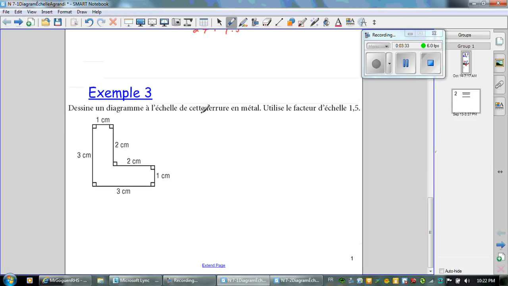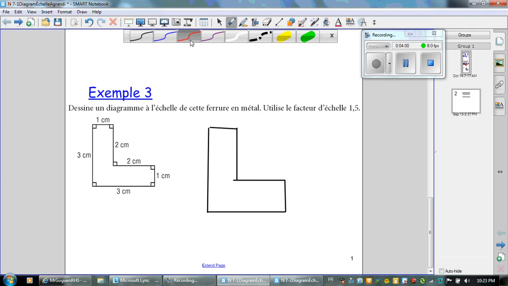I have a picture here, and I want to enlarge this picture by a factor of 1.5. So let's do that. This is the current picture. I want each line to be 1.5 times larger. So it would look something like this, okay? Just larger. So what would be my new dimensions? Well, each side would be 1.5 times bigger. So 1 multiplied by 1.5 would be 1.5. 3 multiplied by 1.5 is 3 plus half of 3, so 4.5